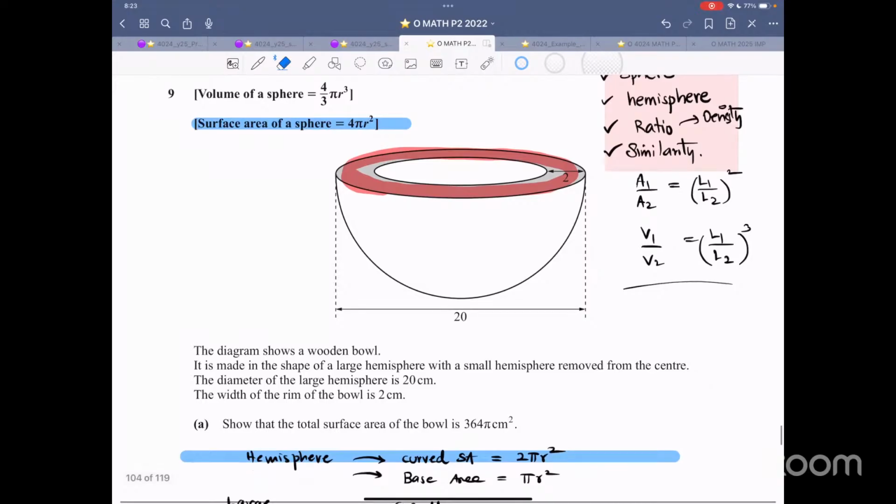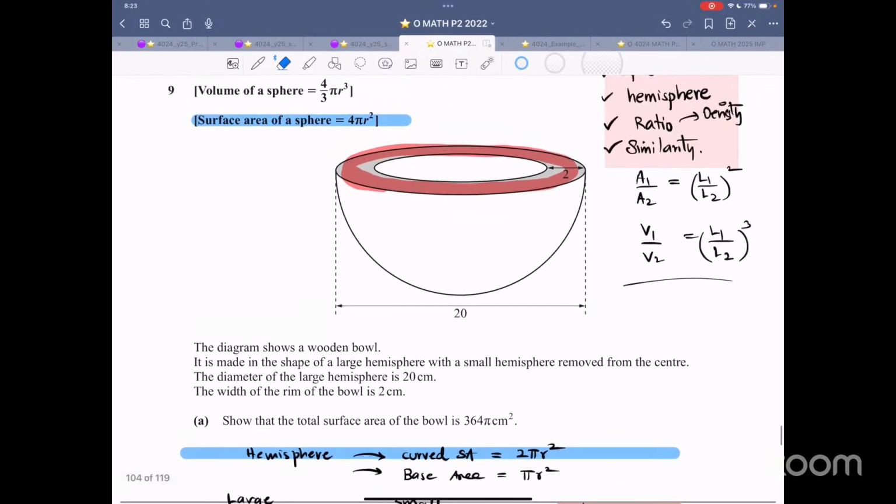The diagram shows a wooden bowl. It's made in the shape of a large hemisphere with a small hemisphere removed from the center. The diameter of the large hemisphere is 20. And then this thickness is 2, this thickness is 2. So therefore, the diameter of the small one should be 16. The width of the rim of the bowl is 2 centimeters. Show that the total surface area of the bowl is